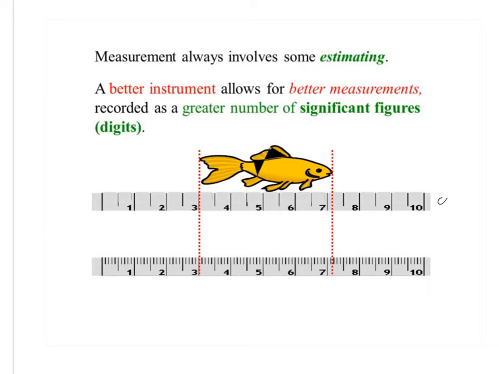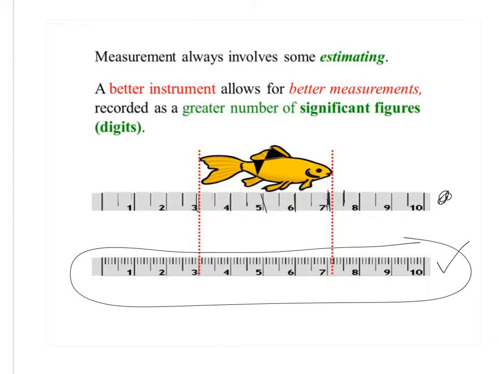If we use this first ruler right here, we know this 3, we know 4, 5, 6, 7, but we don't really know anything in between that measure. We know 7.5, it's not quite 7.5. If we're looking here at the second ruler, we know 3, we know 3.1, 0.2, 0.3, 0.4, 0.5. So we can say that we know with more certainty, if we measure with this ruler, that this fish is